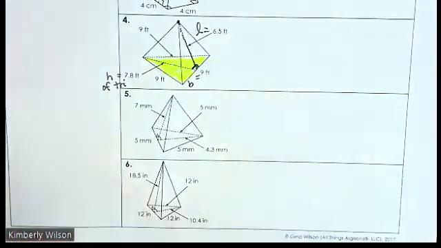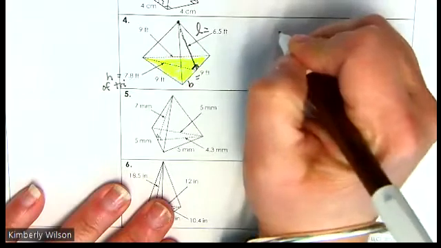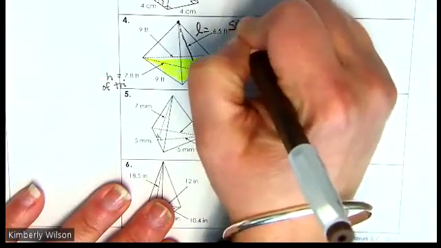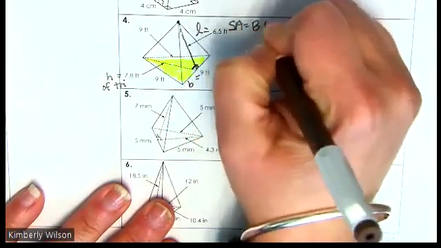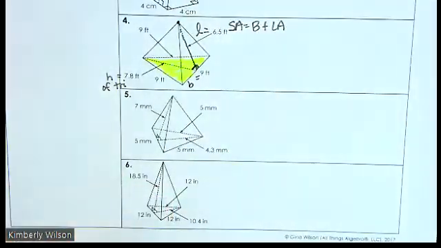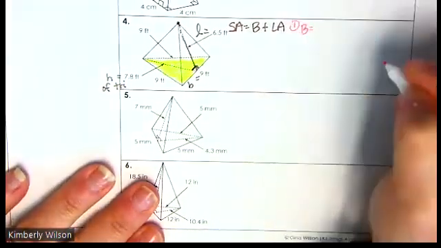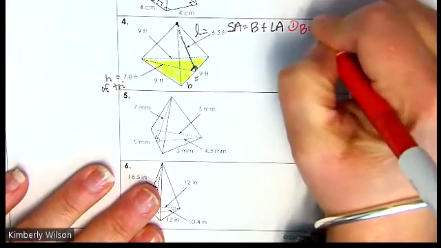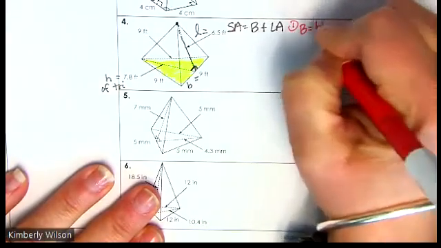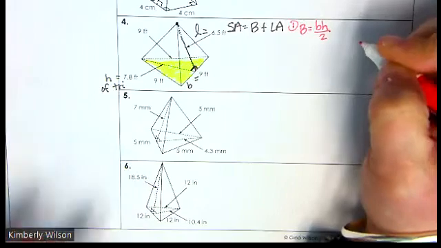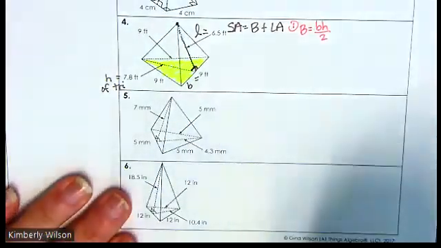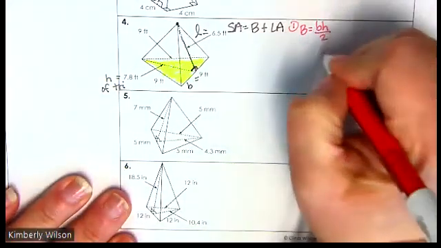And now we go about finding it. So we have the surface area is found by capital B plus LH. And step 1 is finding the capital B, which is the area of the base. And that is by doing base times height divided by 2, or I could do the 0.5 base times height, whichever is your choice. So we're going to have